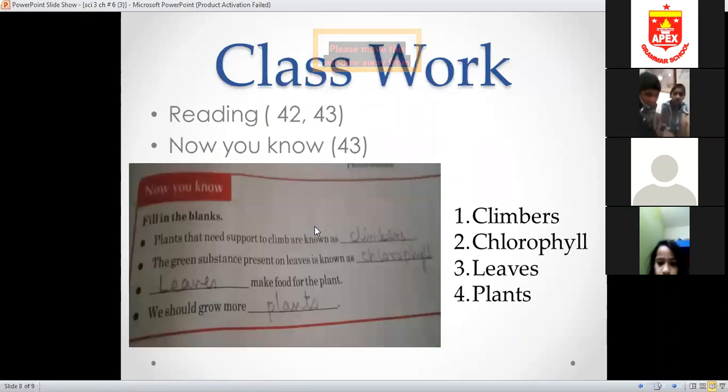And now moving forward to the classwork, that is the reading of your page number 42 and 43. Now I am going to call the name of the student who is going to continue, as I know that a few students don't have their books. So the student who will continue is Ramesh, as Ramesh didn't take part in the class for so long. So Ramesh, kindly unmute yourself and open page number 42 of your book.